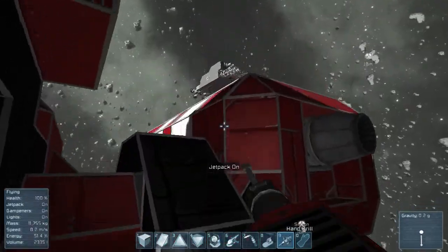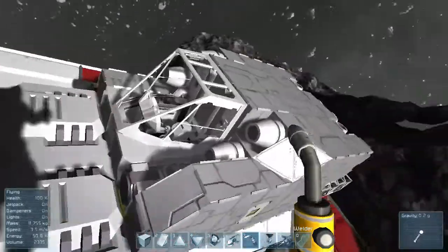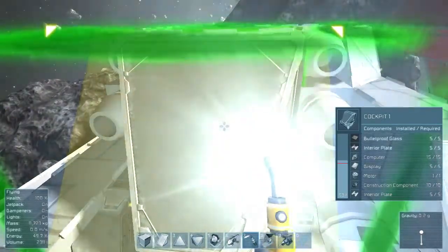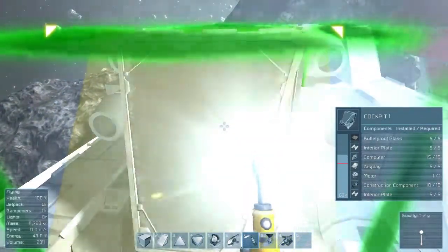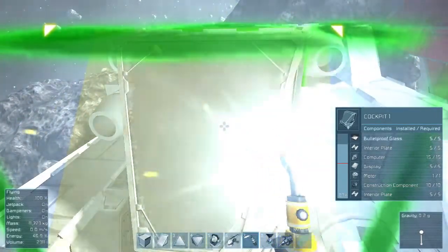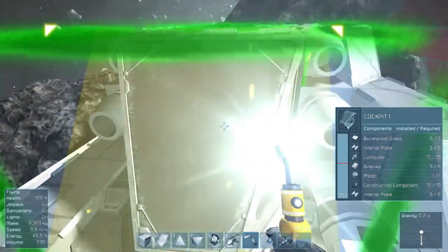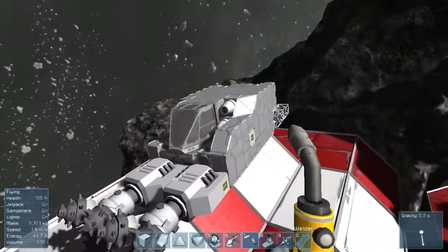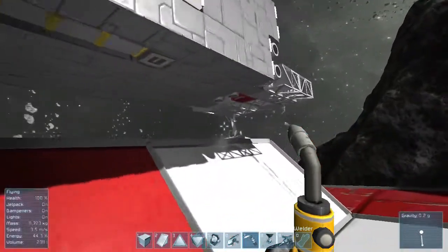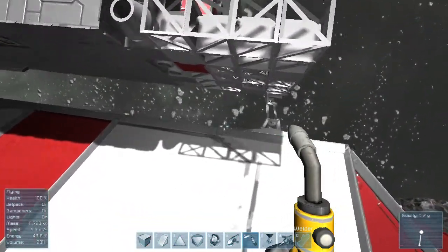We have a ship that should work. We even have the bulletproof glass for the cockpit. Excellent. So there's a couple issues with this ship that we do need to address still. We need some more landing gear. I mean, technically you don't need any landing gear. But what I'm going to do...